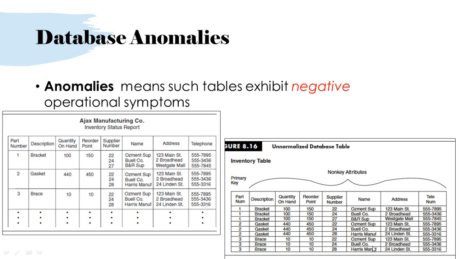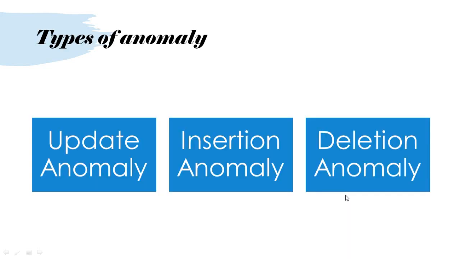So when we want to update the data, we must update all, or I mean each of the same supplier number 22. So each of these suppliers must be edited or updated. And then the next is